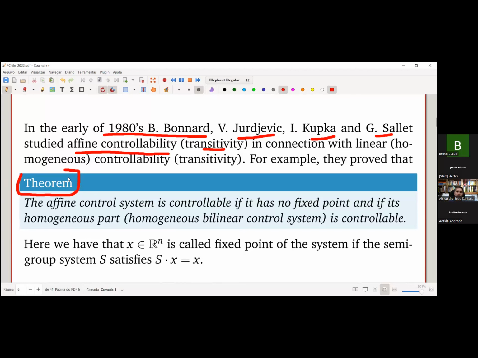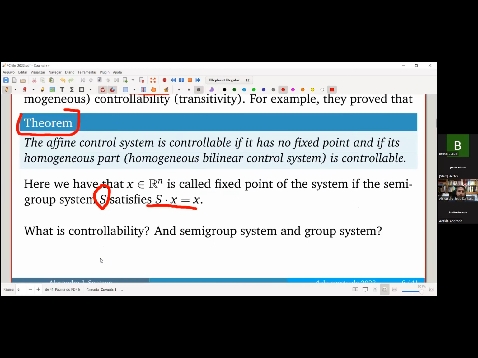The affine control system is controllable if it has no fixed point in this sense, and if its homogeneous part is controllable. This S here means the semigroup of the system. The semigroup of the system is given by,